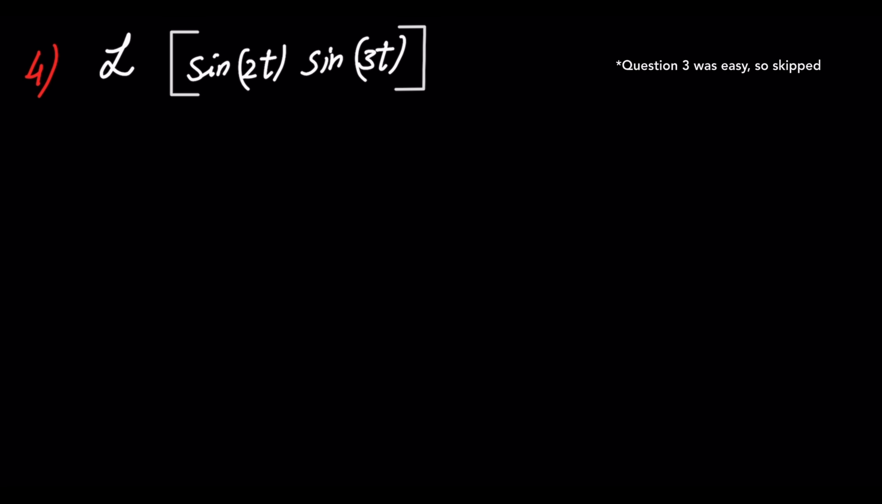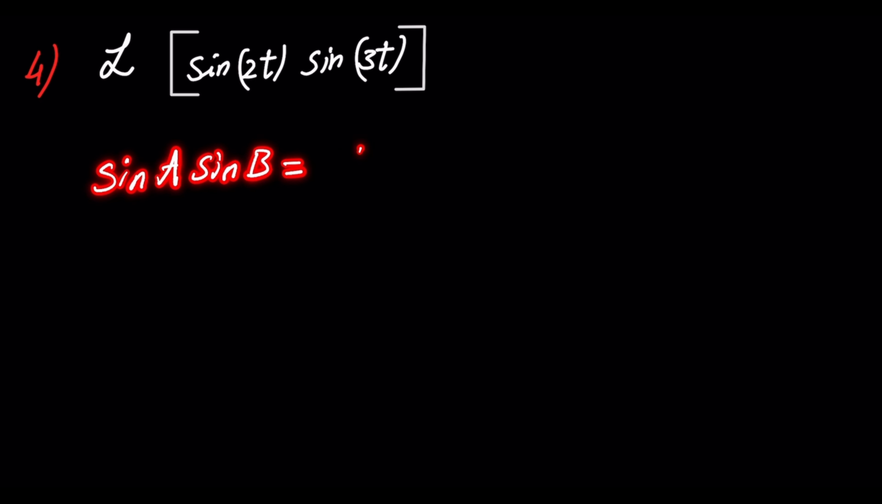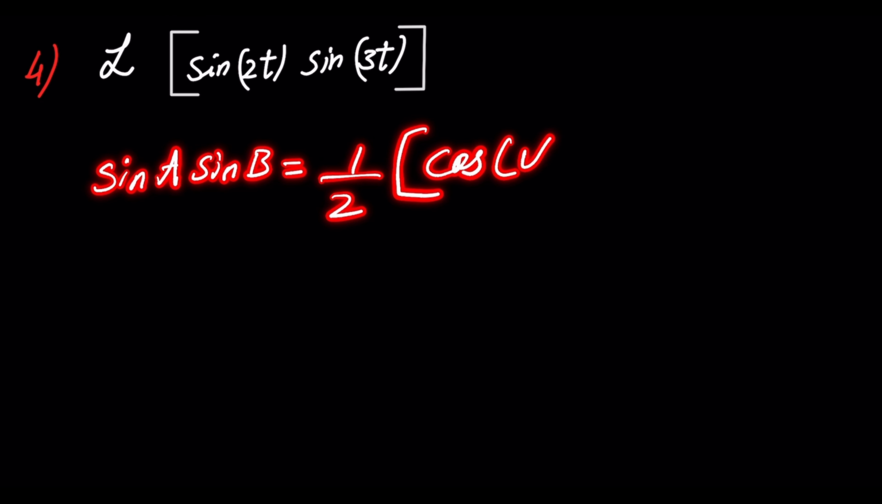We are asked to find the Laplace transform of this expression. However, we notice that none of the standard Laplace transform formulas we have studied so far apply here. So we will be simplifying this trigonometric function using the trigonometric identity first. We already know that sine A sine B is equal to 1/2 of cos A minus B minus cos of A plus B,